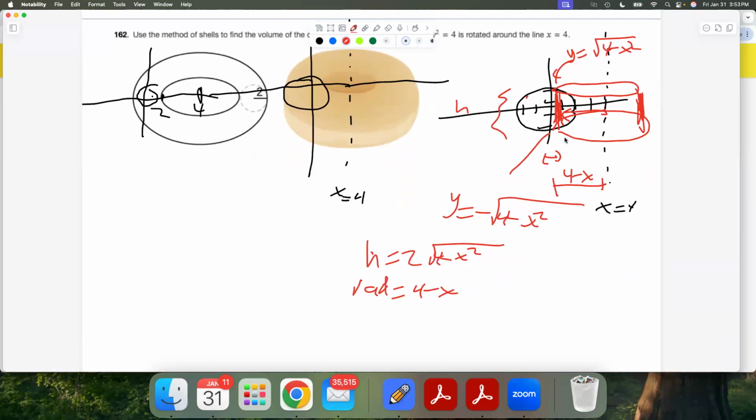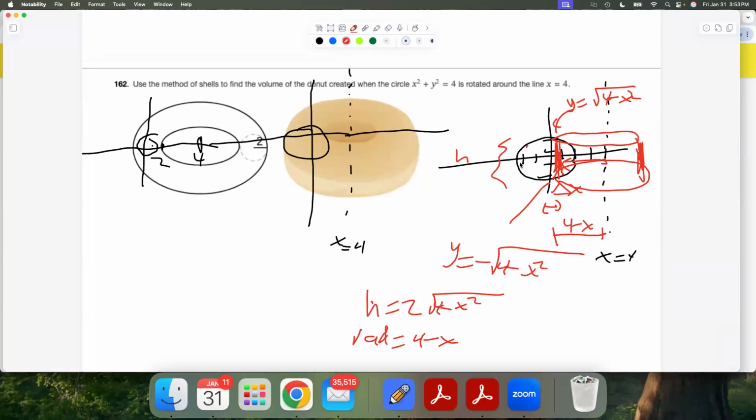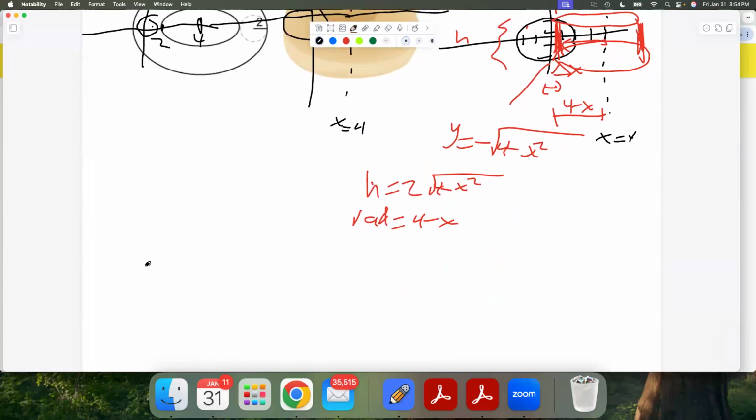And the thickness is delta x, of course. Okay, for which x values are we using that? Looks like from all the way back here at -2 up to 2. So we would have the definite integral from -2 to 2. Let's see, volume of a shell, I always like to write this down,